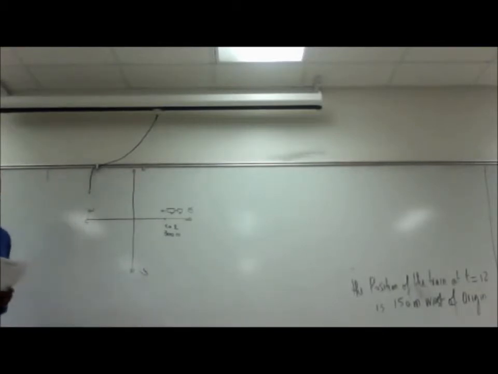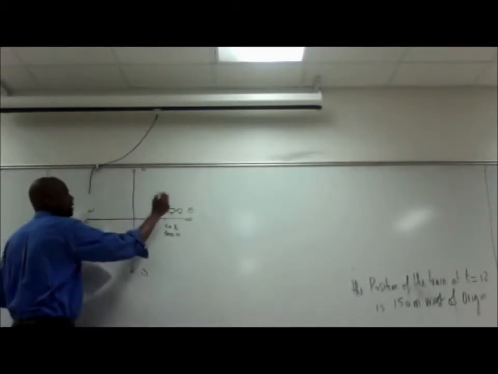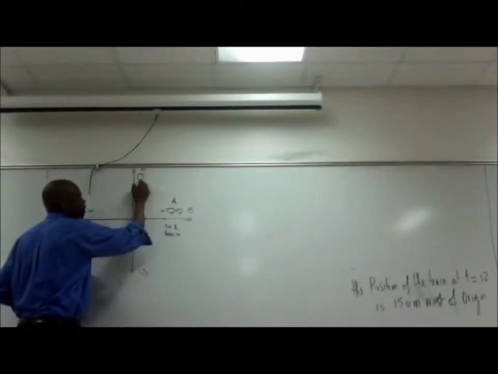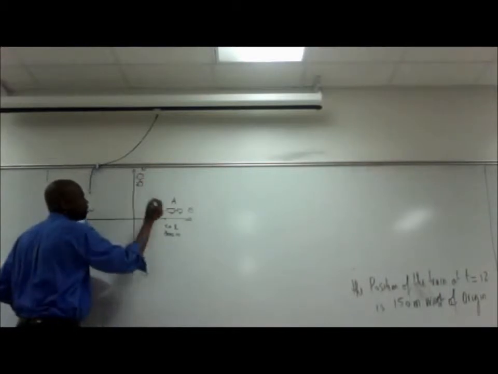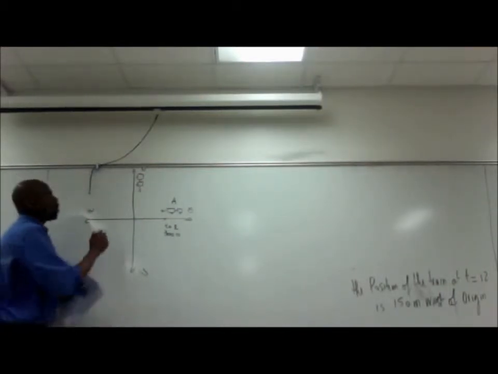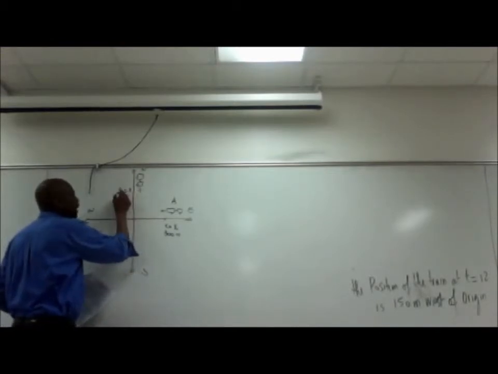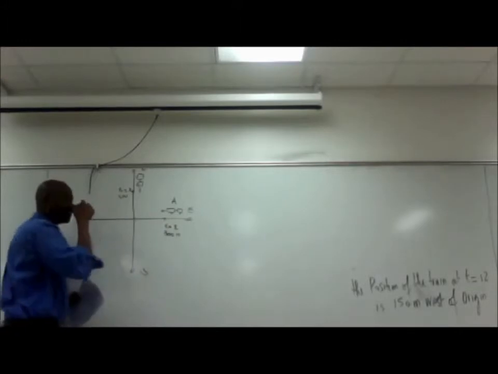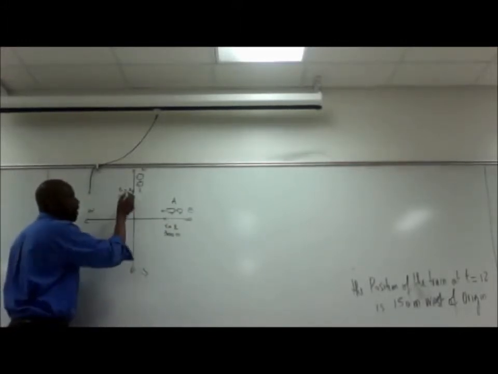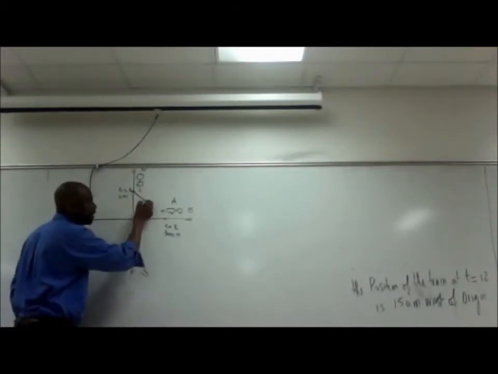This is 400. Now, the second train, the B train, comes from the north. When t equals 2, it is 400 meters. So we're right here. Now the question is simple: how much is the speed decreasing